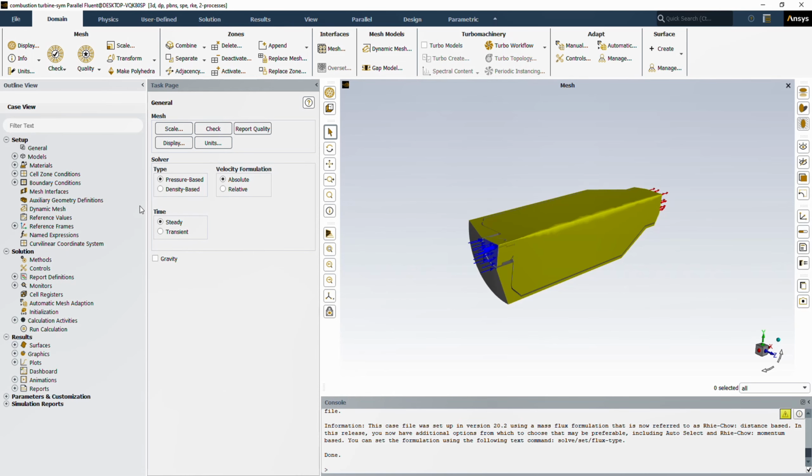All right, let's start the simulation process. At first, we have to consider some general assumptions related to the simulation solver, which are as follows. We use the pressure-based solver type because we are dealing with incompressible fluids. We chose the steady-state solver because the primary focus is on the time-averaged behavior of the combustion process rather than